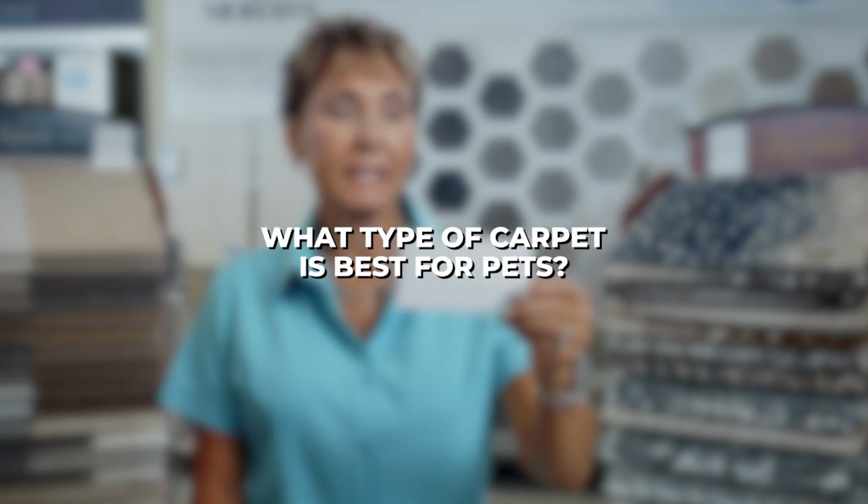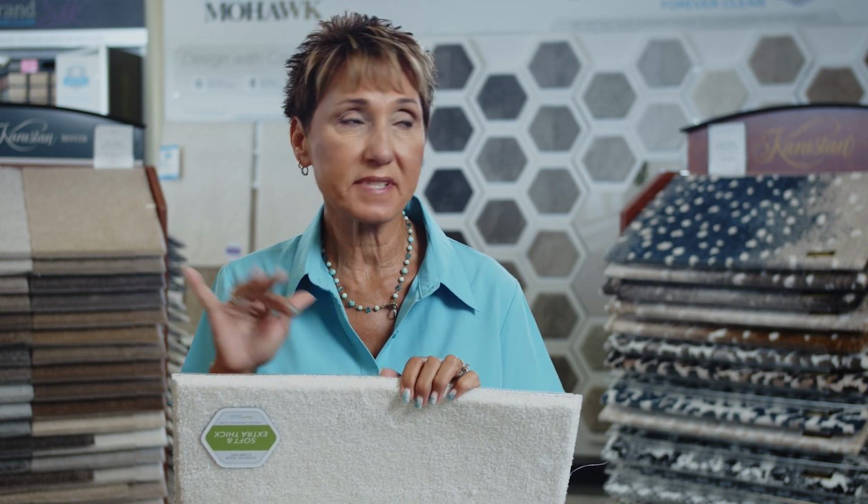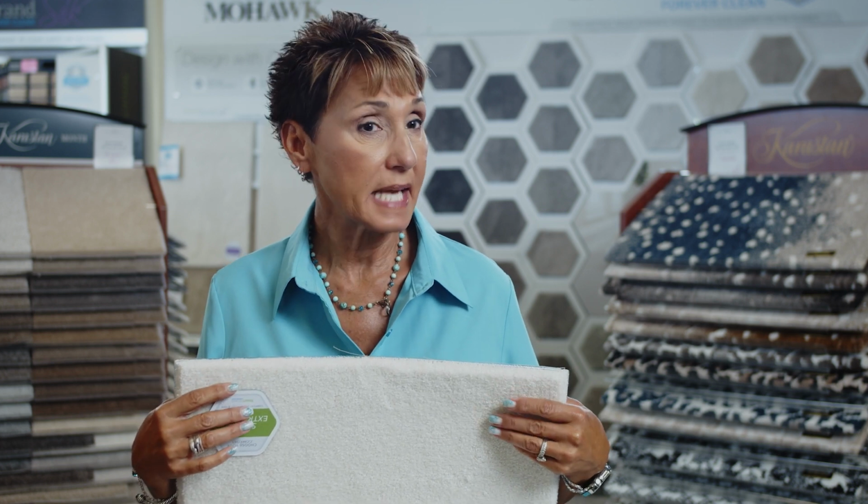What type of carpet is best for pets? I have that question asked to me all the time. So you have so many options in here that are pet-friendly options. Carpet has come a long way since the days of Stain Master and all those type of topically applied stain